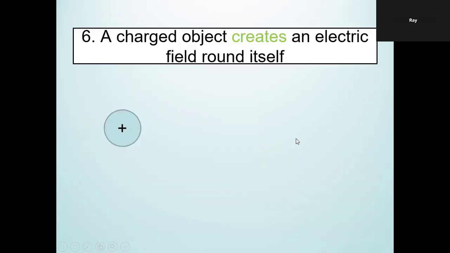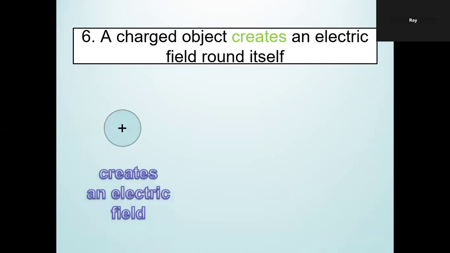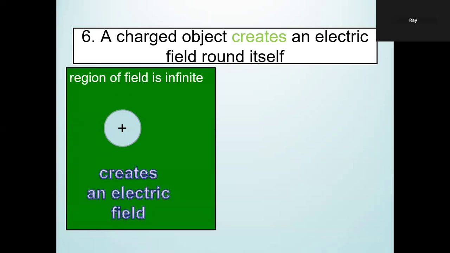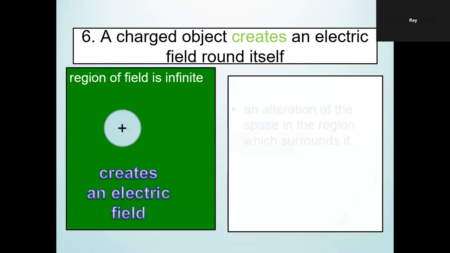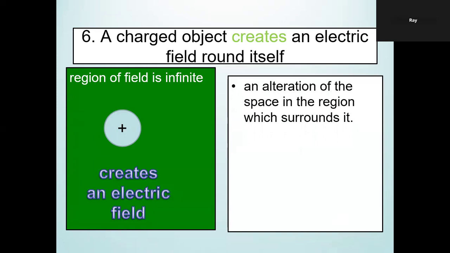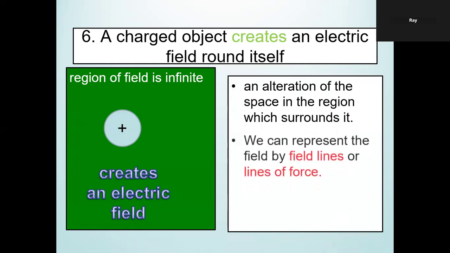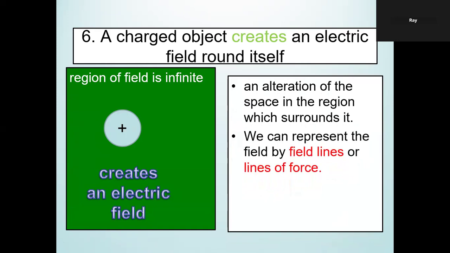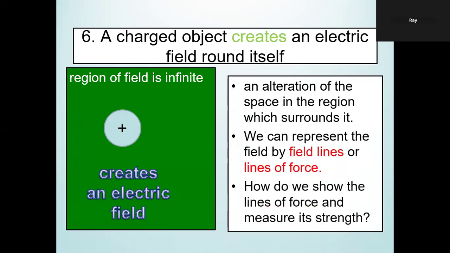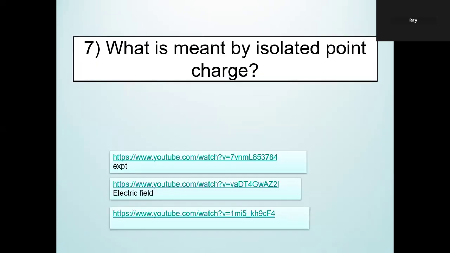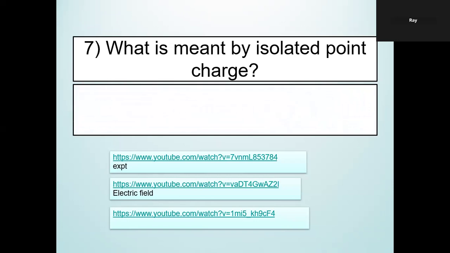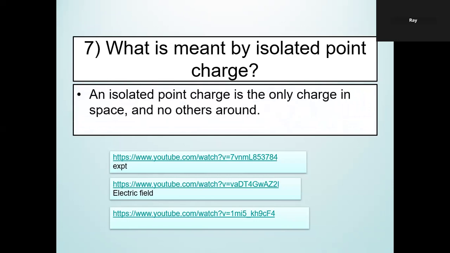A particle experiences a force. A charge creates an electric field around itself. The region of the field is infinite. It is an alteration of space in the region surrounding it. You can represent the field by field lines or lines of force. How can we show the lines of force and measure their strength? What is meant by an isolated charge? An isolated point charge is the only charge in space and no other